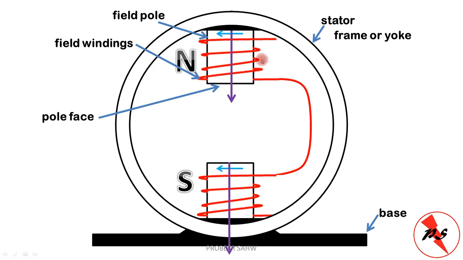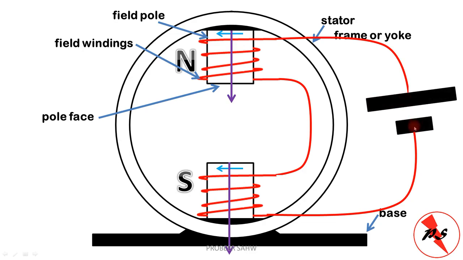Okay, now these windings are not powered by different sources, but these windings are powered by a single source. So what actually happens is we take a wire and wrap it around this field core first, then we go to this field pole, and then these windings are connected to a DC supply, due to which a current flows through this winding and north and south poles are created, due to which the machine can now work as a generator or as a motor.